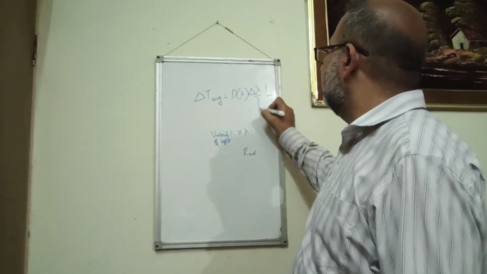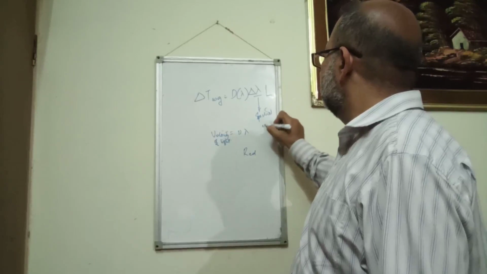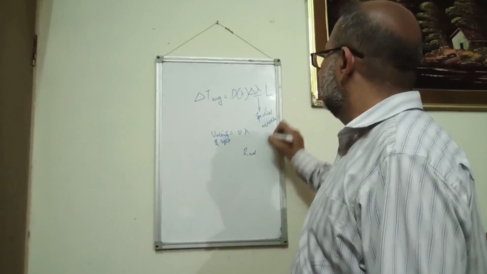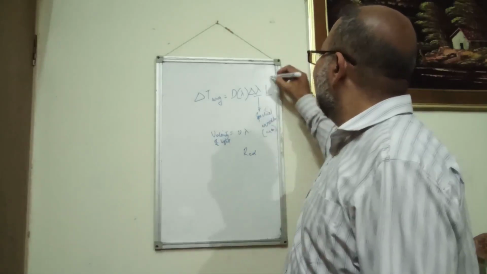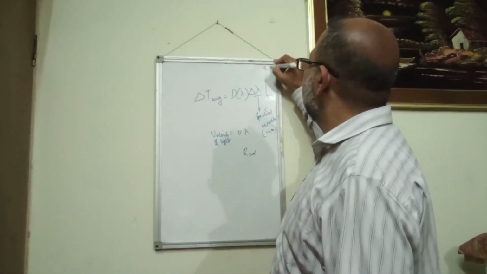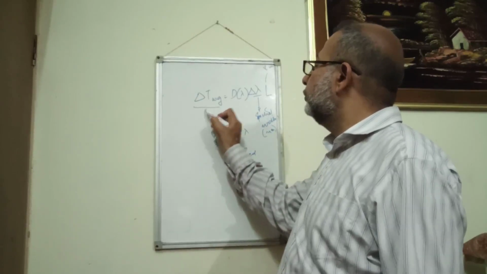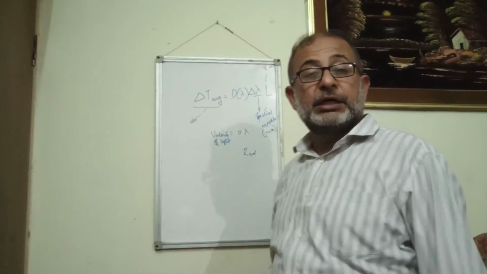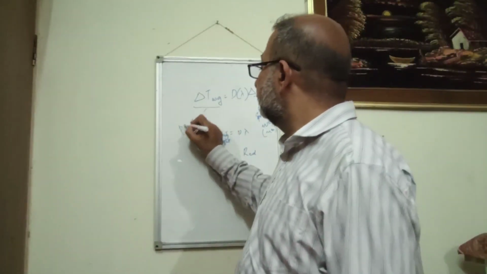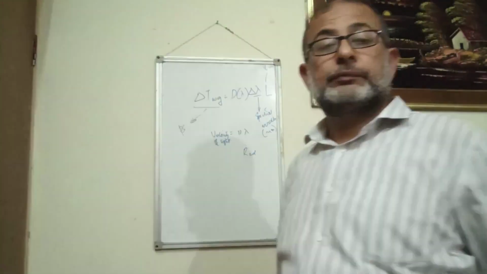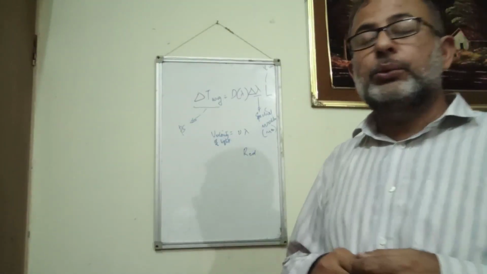This is the spectral width, which is given in nanometers, while length is given in kilometers, and delta t wg is the time given in picoseconds. So this gives us the value of